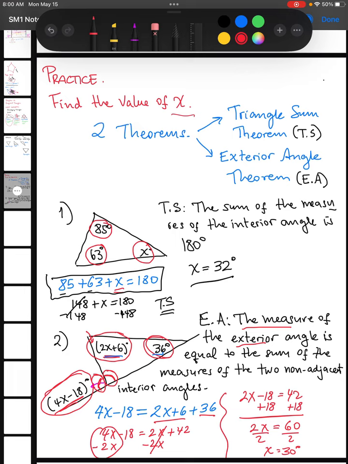That's all for now, guys. This is the lesson for section 12.1, and then just move on to our next